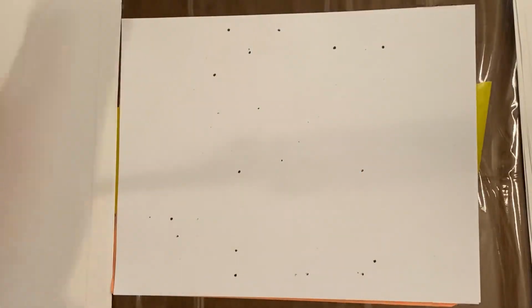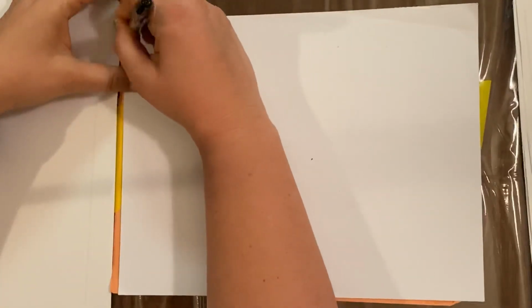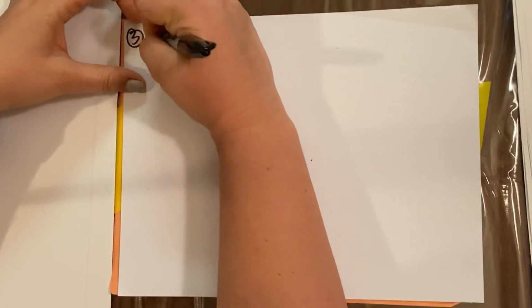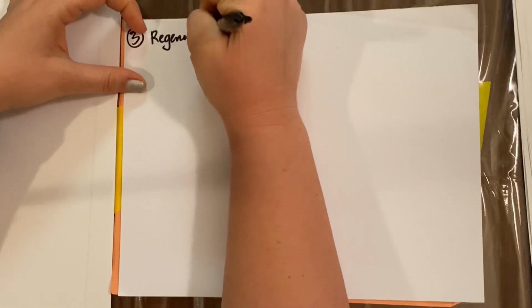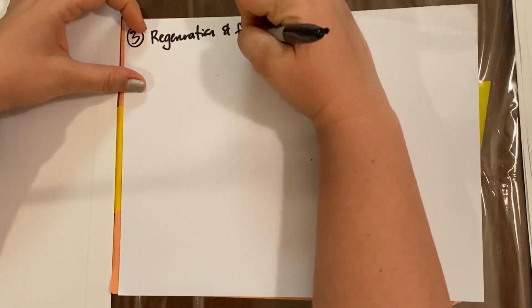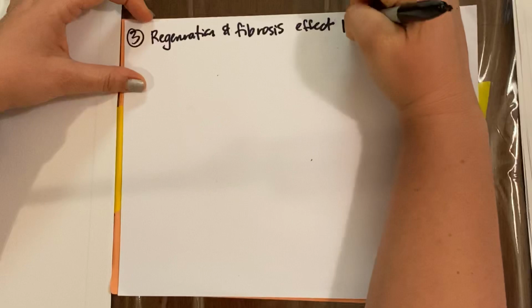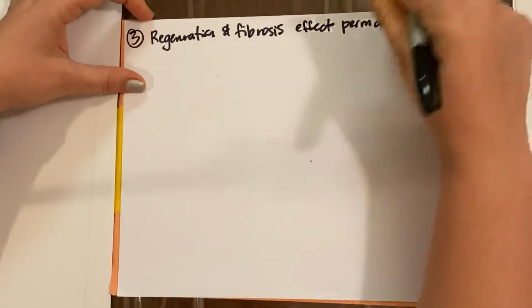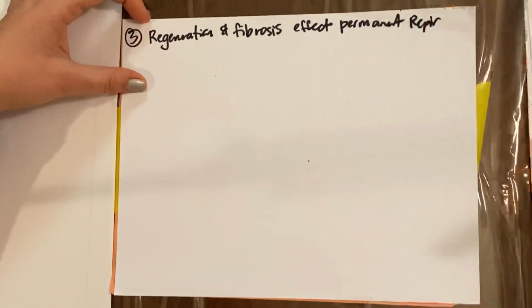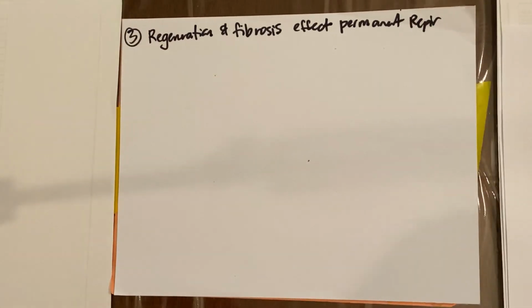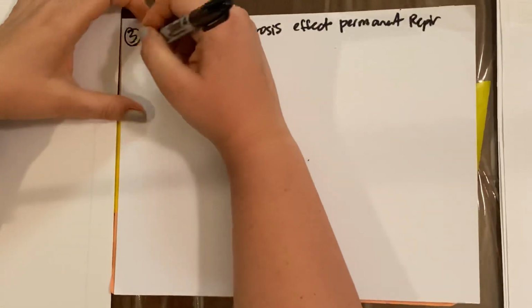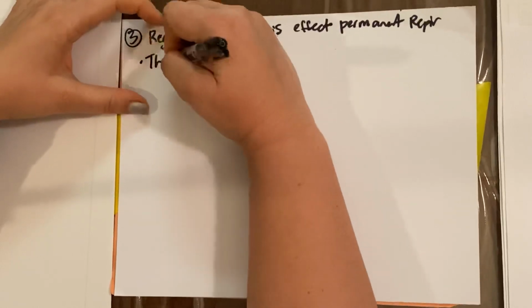All right, the last step, go through a lot of paper doing this, is going to be regeneration and fibrosis affect permanent repair. Okay, so kind of depending on what type of repair there's going to be, you know, depending on if the damage was severe enough, you can have kind of affect how this is going to go. Okay, so the fibrosed